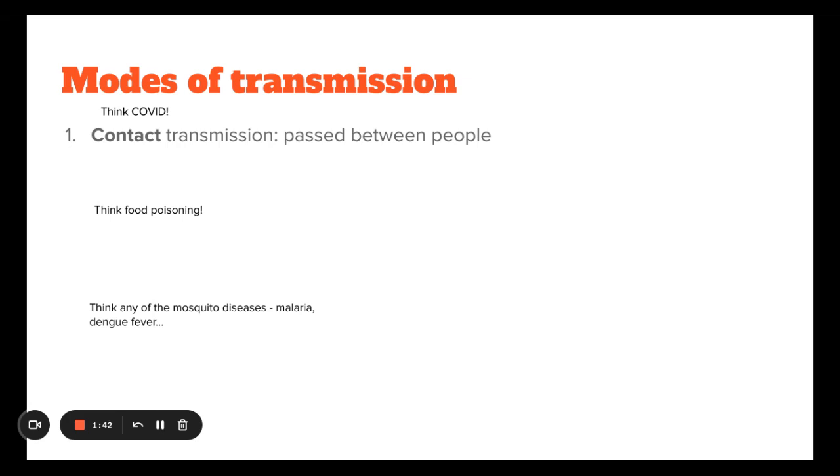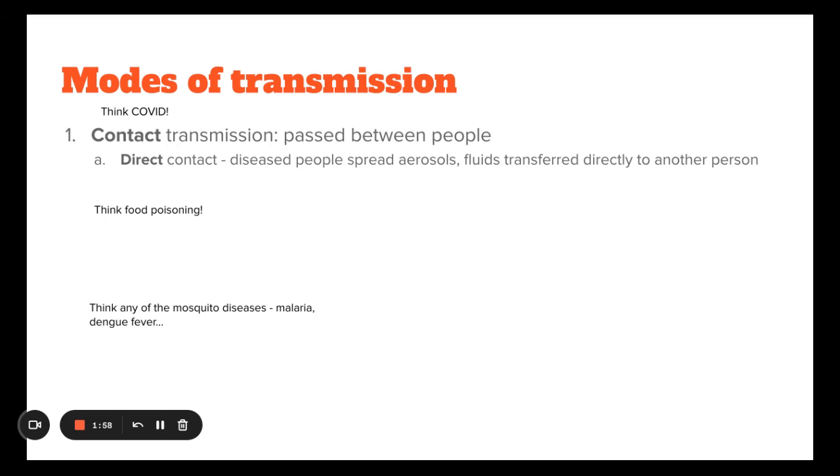So the first type we're going to talk about is contact transmission, and it is specifically passed between people. So between people who have been infected, so infectious individuals pass it from one to another. Depending on how this contact has been done, it can be classified as direct contact. So people who have been infected spread their saliva. So, when you cough or you sneeze, and the aerosols go into the air, and someone walks by and they inhale that droplet. Right, so the fluid has been transferred directly to another person,